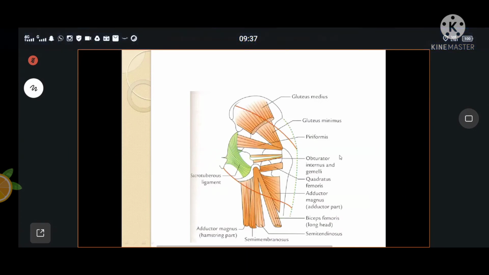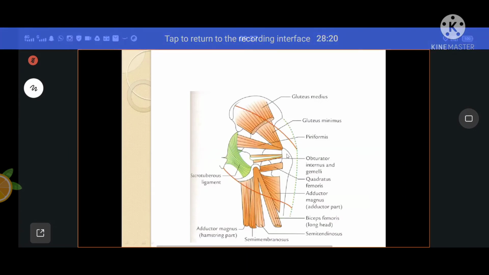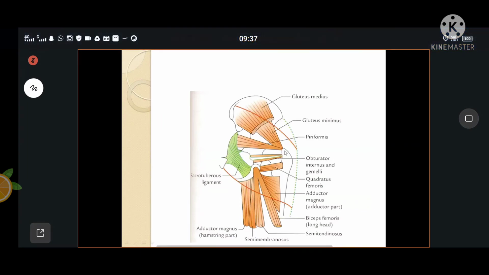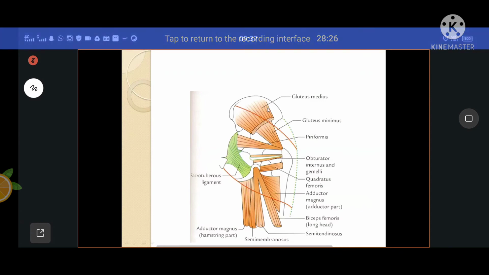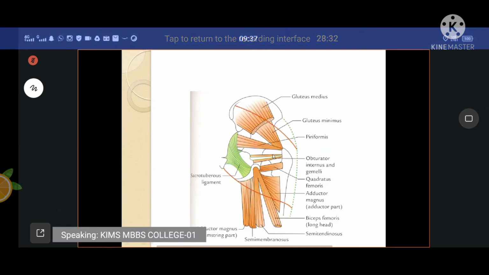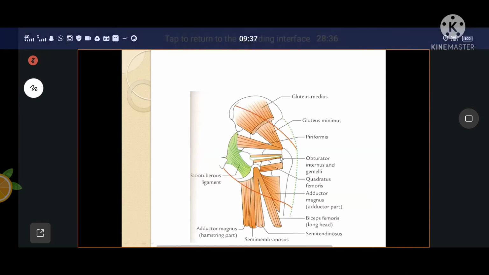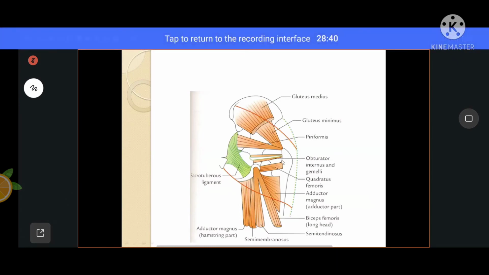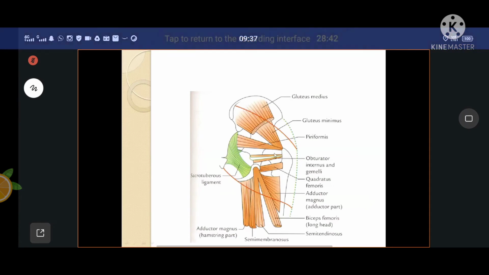And this obturator externus muscle will insert into the fossa, which is present on the medial aspect of the greater trochanter. So now if you discuss here the gluteus medius, the gluteus minimus, the piriformis, the gemellae superior, the obturator internus, the gemellae inferior, and the obturator externus, all these are getting inserted into the greater trochanter of femur. Greater trochanter of the femur.